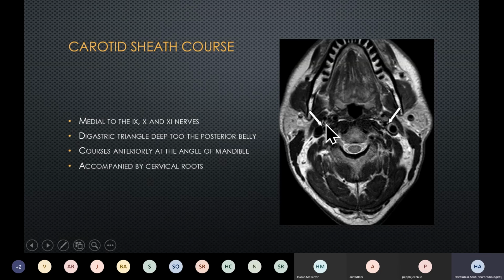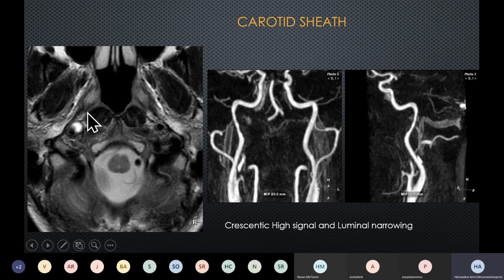The 9th, 10th, 11th nerves are slightly anterior, whilst the 12th nerve is a little bit posteriorly located, close to the posterior belly of the digastric muscle, and at the level of the mouth, it's going to then swing anteriorly. But right here in the carotid sheath, it's vulnerable to another disease, and this is a patient who's got